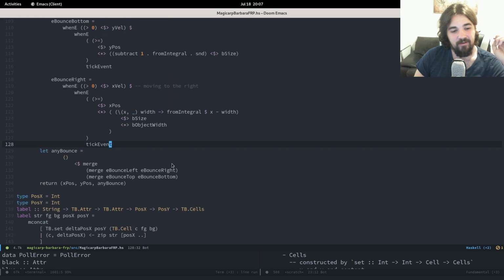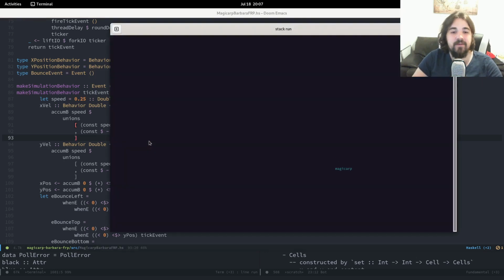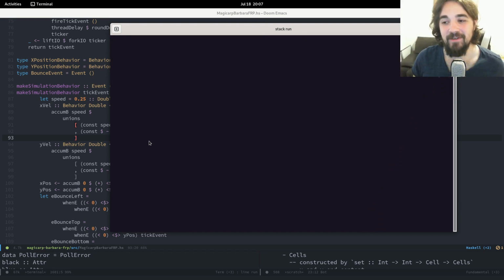That's just a really cool way of describing your dependencies, I think. And we have the magic carp bouncing around now,